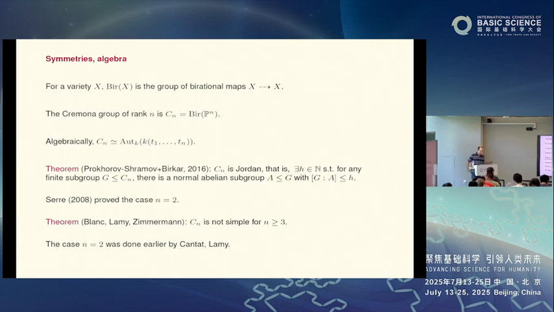So I don't have too much more time left, so let me maybe be a little bit more quick. As I mentioned before, Fanos are also closely related to algebras, and here is one way. It is not the only way. Suppose I look at an algebraic variety, but in our case, right now, it's just a projective space, and I take all the birational automorphisms of this space. In the case of projective space, this is called a Cremona group,